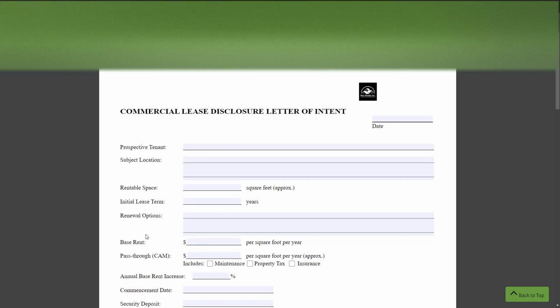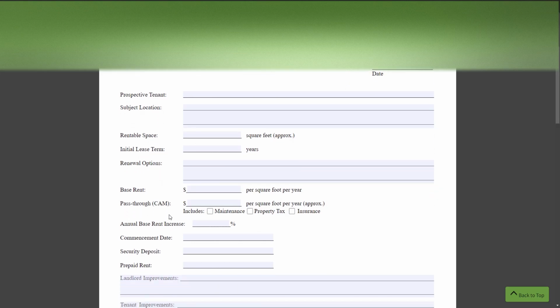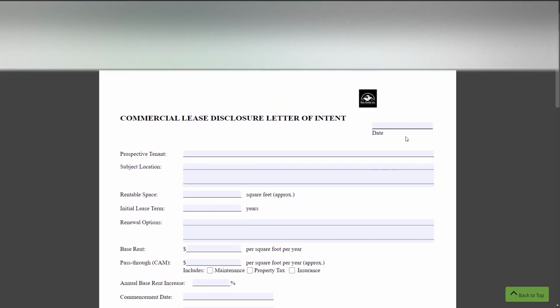As you can see, base rent. It talks about the CAM. If you don't do commercial, this is usually the community maintenance for taking care of the common area within the shopping plaza, the warehouse district, the retail locations. That's usually what the CAM is associated with. A lot of times the commercial aspects of real estate, there is a CAM fee, and it can include things like maintenance, property taxes, insurance. A lot of times the property tax, insurance, and so forth is paid separately within the fees of the base rent. But let's start filling out this document, and then we'll discuss more about that as we go through it.